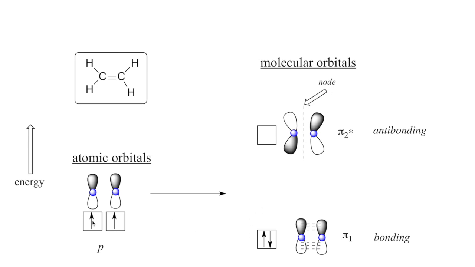Filling in the electrons, again, we have the individual electrons from the 2p orbital of the carbon and the 2p orbital of the other carbon. So a total of 2 electrons. So we will have 2 electrons filled up in the bonding orbital. We will come back to molecular orbitals and talk about them in more detail when they are of importance. For now, let's just have this level of understanding.